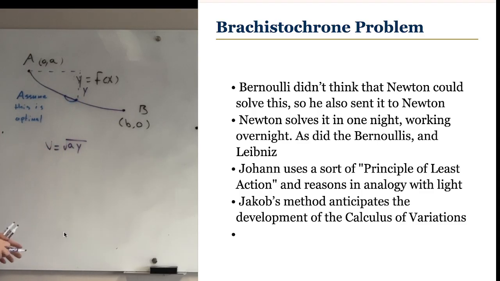So in other words, if each segment of this curve is not the local shortest time path, then we can always change each segment of the curve to whatever the local shortest time path is between 2 points, and that path will be shorter than what was alleged to be the shortest time path. In other words, the thing that was alleged to be the shortest time path is not the shortest time path.